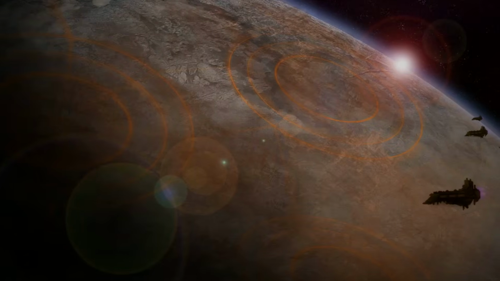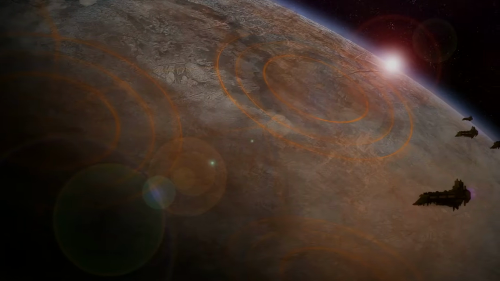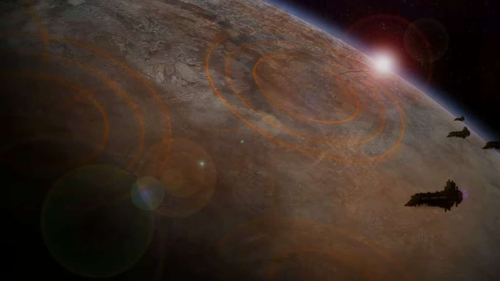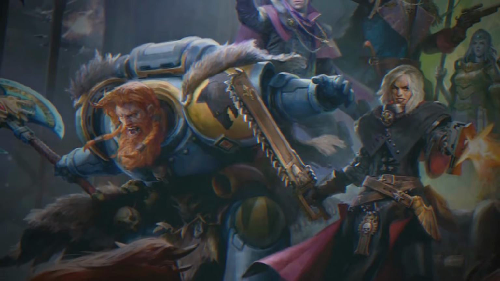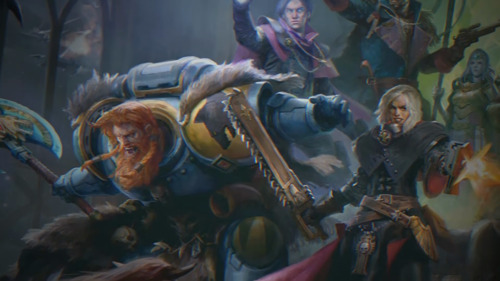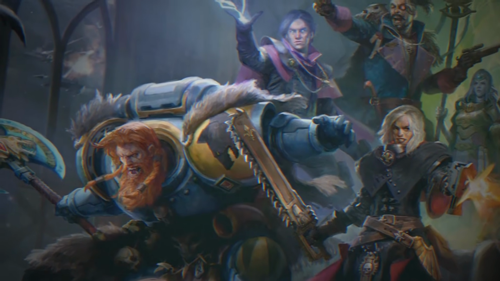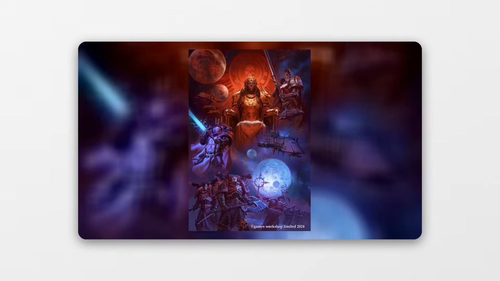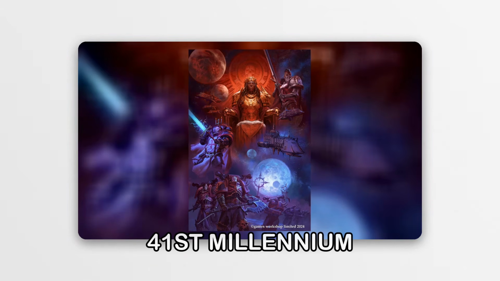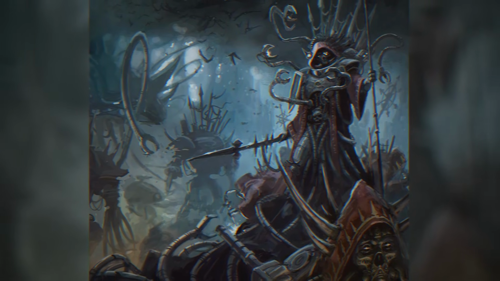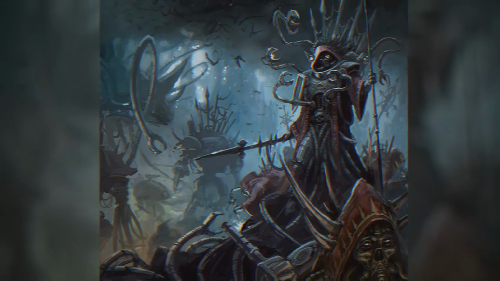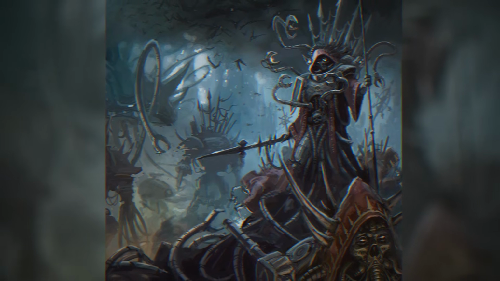The grim reality is that its survival hinges on constant vigilance, sacrifice, and the ability to adapt to an ever-changing and hostile galaxy. There is no grand victory on the horizon, no ultimate triumph over evil. Only the ceaseless struggle, the unending war, defines the existence of humanity, and indeed, all life in the 41st millennium. The galaxy of Warhammer 40,000 is a place of perpetual conflict, a dark and unforgiving cosmos where hope is a rare commodity, and where the only certainty is that the war will continue, forever.